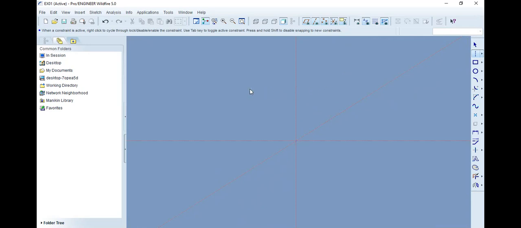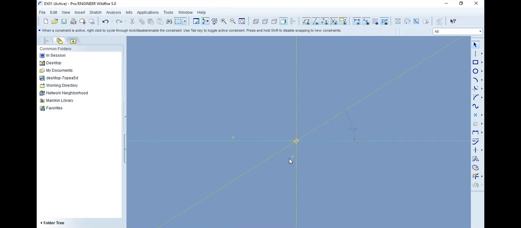So how do we know that we are in the command? It will show you this cross sign. See, you can see next to your arrow, there is a cross sign. So to get out of the command, there is an option here, the select item. If you select this arrow, you will get out of the command. This is the first option. The second option is from the mouse, you can press the scroll button. Once you press the scroll button, you will come out of the command and the dimension will come automatically.